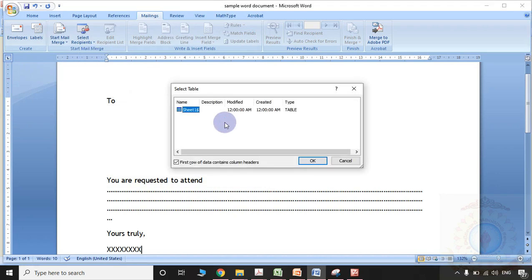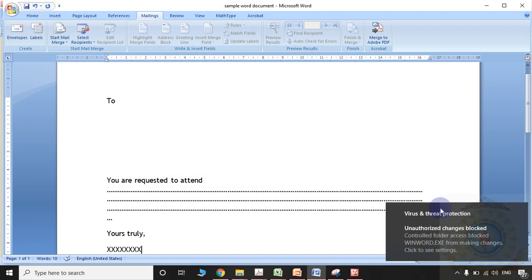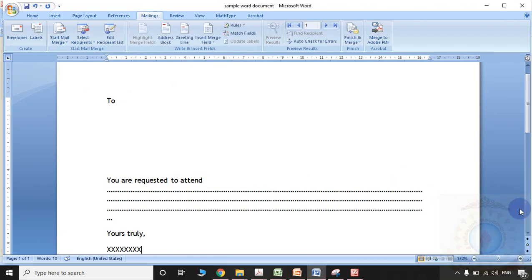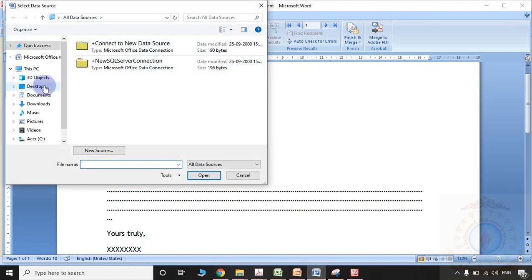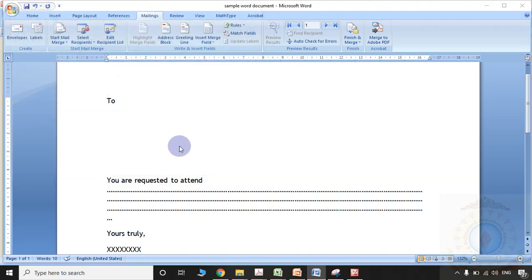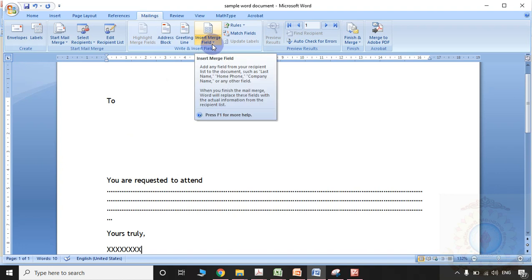On the desktop, already in one Excel sheet some information is available.